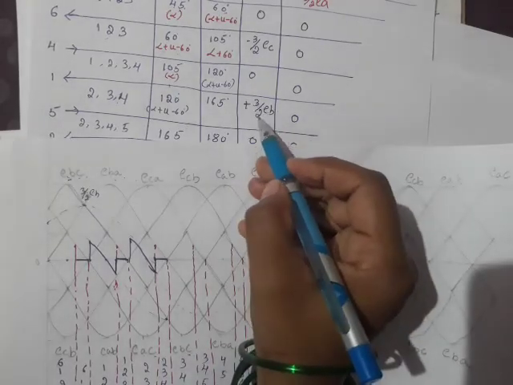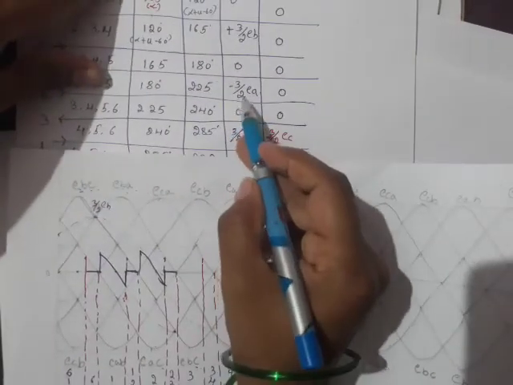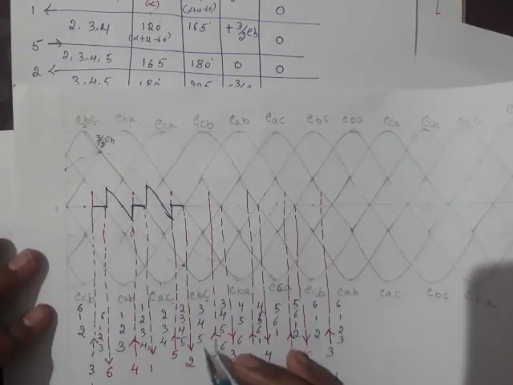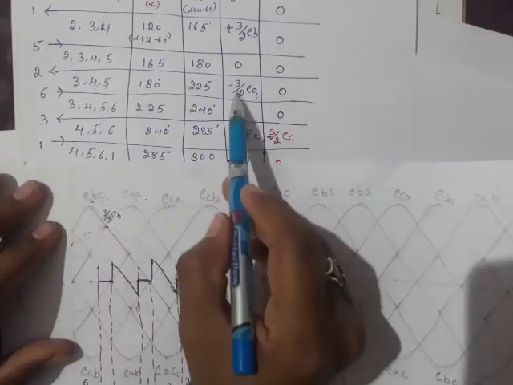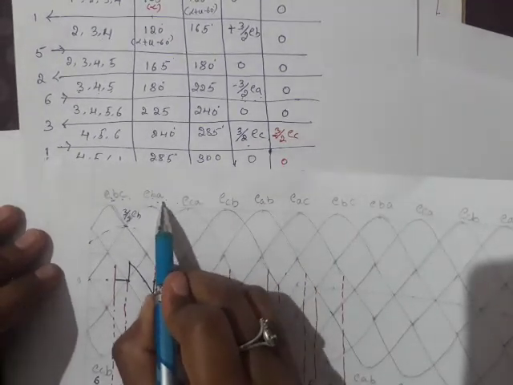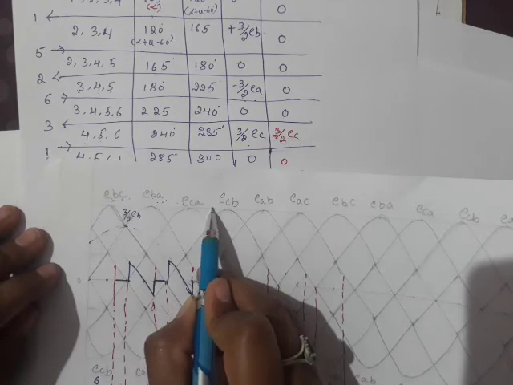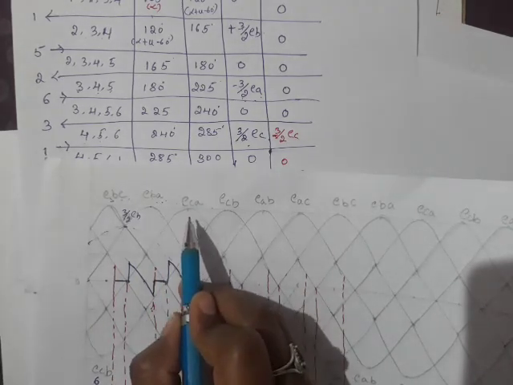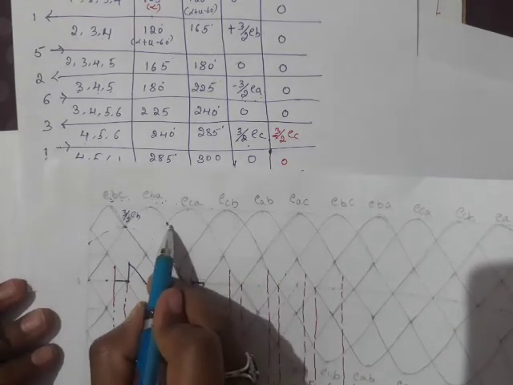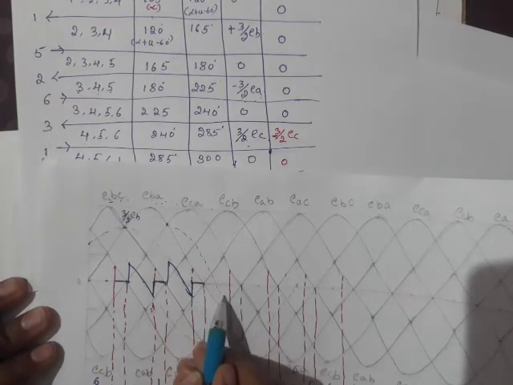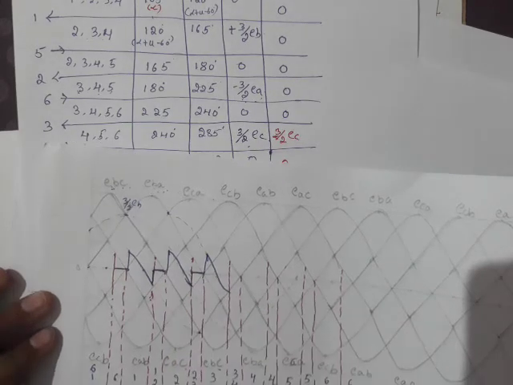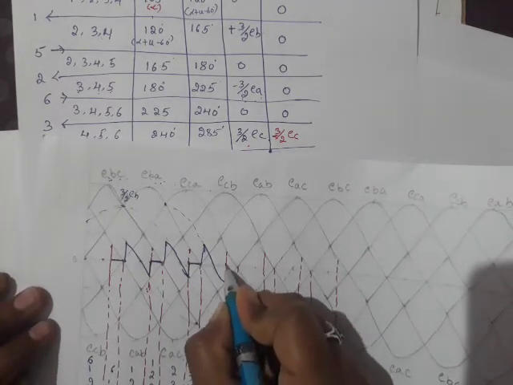So we have one more thing: 3 by 2 times EB is over, now minus 3 by 2 times EA. When 3, 4, 5 is conducting, the output voltage is minus 3 by 2 times EA. I have to look for minus EA. EB minus EA means minus EA, EC minus EA. Between these two line voltages, I'll get my phase voltage EA, 1.5 times. So it has to follow here. It will come like this. Done. So it will shift here, then it will follow EA. Again it will set back to 0.